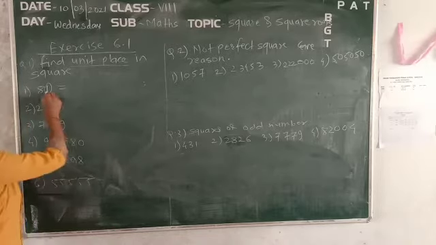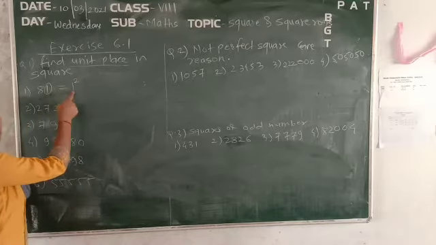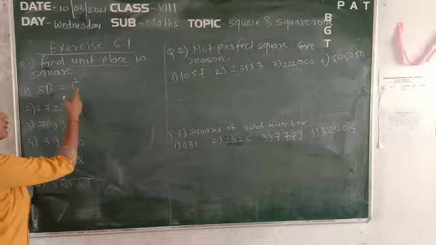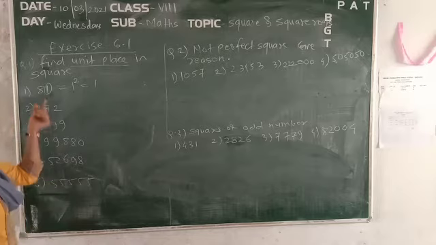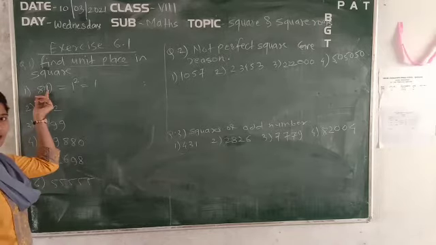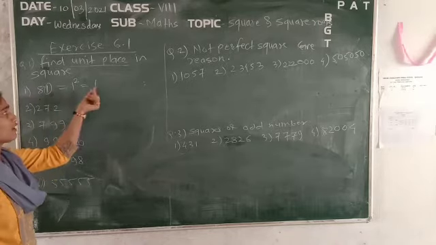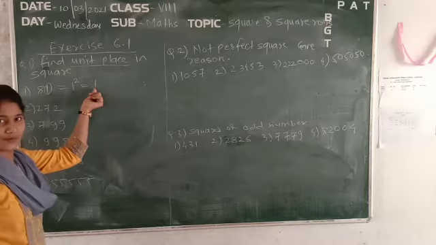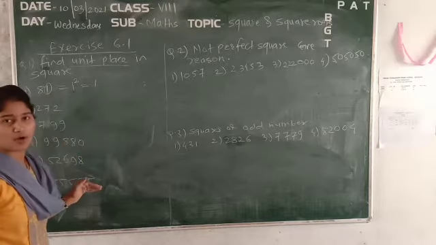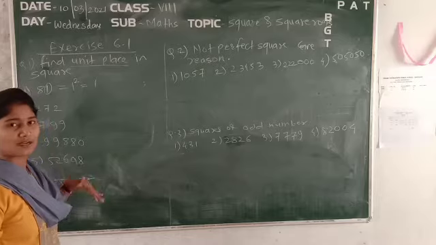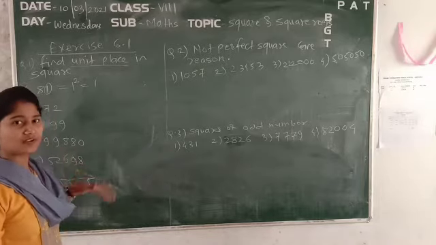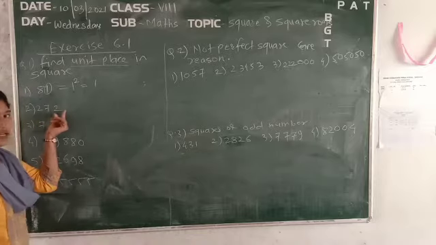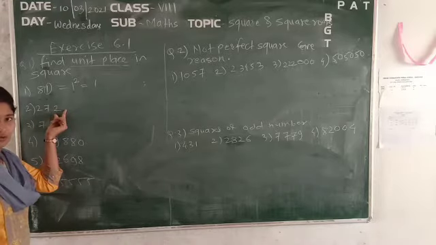By the property of taking the square of the unit digit only, you will get the unit digit in the square. If you do the square of the unit digit of these numbers, 1 square is equal to what? It is 1 only. So whatever the square of 81 is, its unit place will be 1 only. You can apply the property also: if a square number ends with 1, it will have 1 in the unit place. But sometimes it will hold for 2? No, we don't have any property regarding 2.